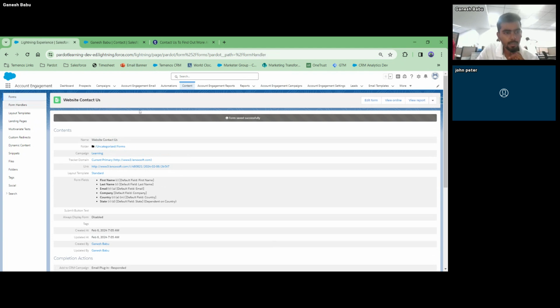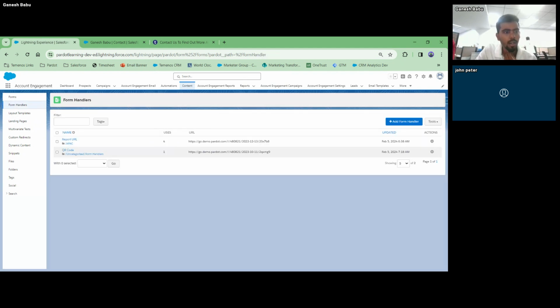And the form handler is a similar concept, but a form is used when you have to create the website from the beginning. In some use cases, the companies will already have the website, and they are hosting it through WordPress or some other platform, HubSpot, and Pardot comes in between. So where we need to integrate the existing forms with Pardot, what we do is we create form handlers instead of a form.